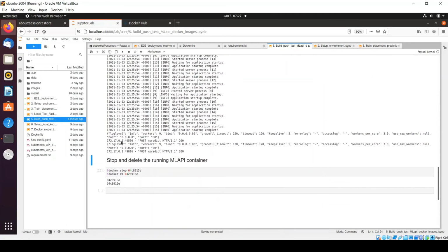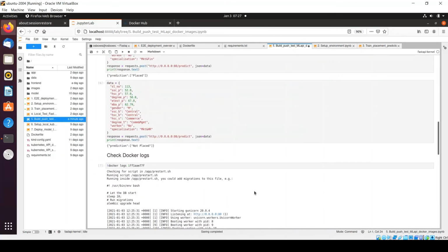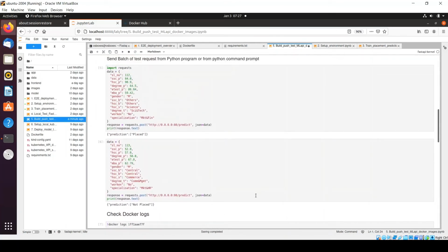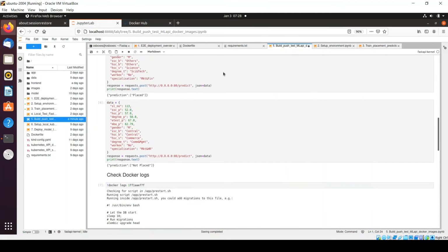So you can see it has two entries. That means my Docker container has received requests from the external world, and it has sent a 200 response back to the user. So whatever interface accessed that Docker container machine learning API, it has sent a successful response back.